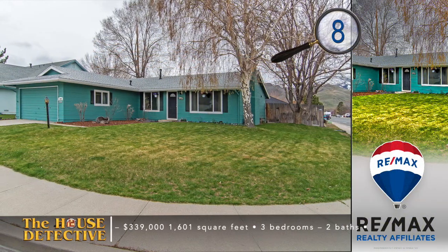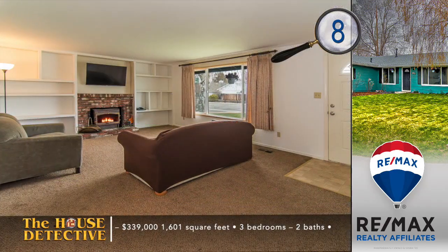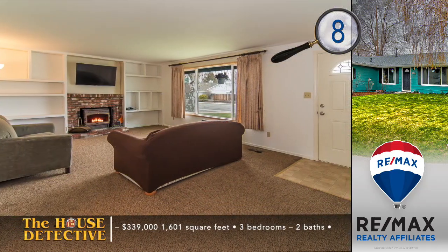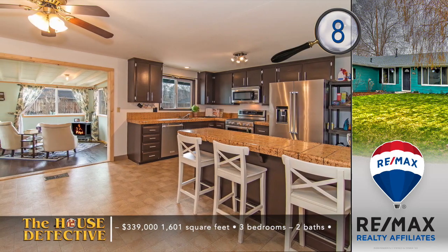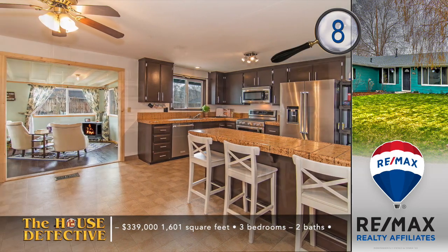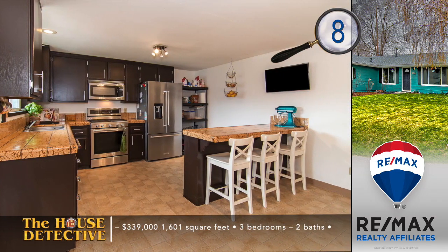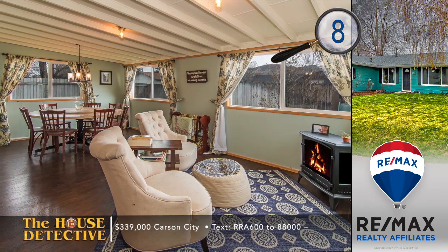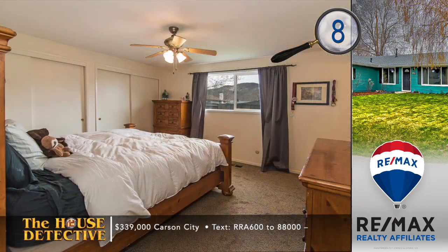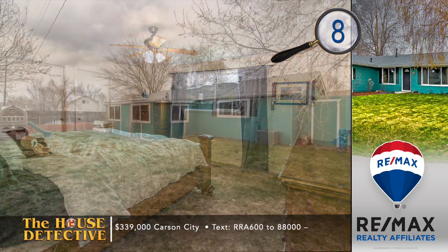Our next stop in Carson is to a home that enjoys the extra space that comes with a corner lot. Home number 8 is tucked away in a quiet part of the Capitol. With just over 1,600 square feet, you will first notice the spacious living room with wood-burning fireplace. Move a little further into this 3-bedroom, 2-bath home to find a large kitchen that has been updated to include matching stainless appliances. There is an added sunroom that has plenty of space to make a workout area, game room,